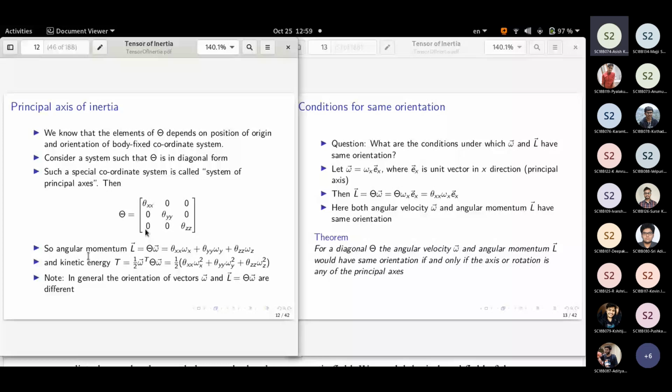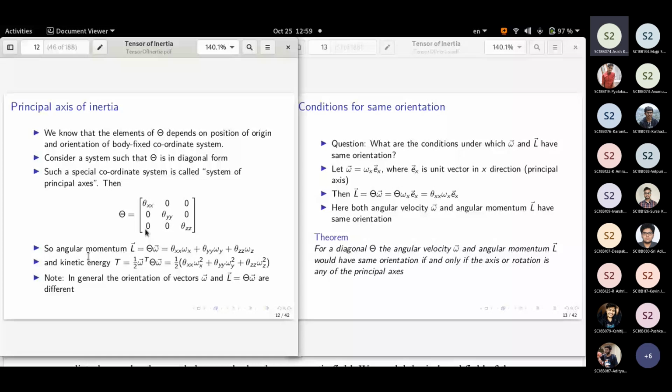So what you could do is define the tensor of inertia with respect to any arbitrary coordinate system, of course a body-fixed coordinate system, and then you will have certain non-diagonal elements occurring. However, with respect to that coordinate system, there will be a certain set of coordinate axes along which the angular momentum and the angular velocity vector will have the same direction. That is the most general definition. This is a special case. In this special case, the x-axis, y-axis, z-axis are the principal axes. You can have any other set of axes as principal axes in a general case.